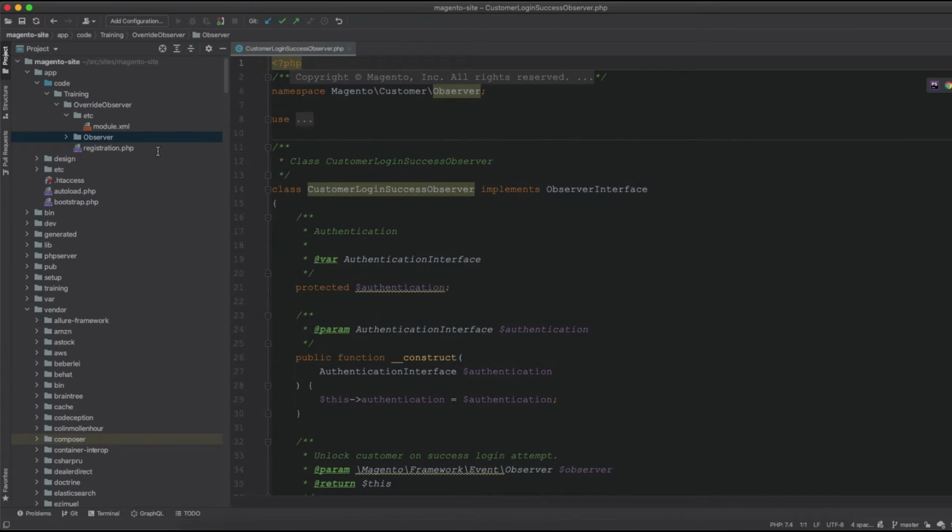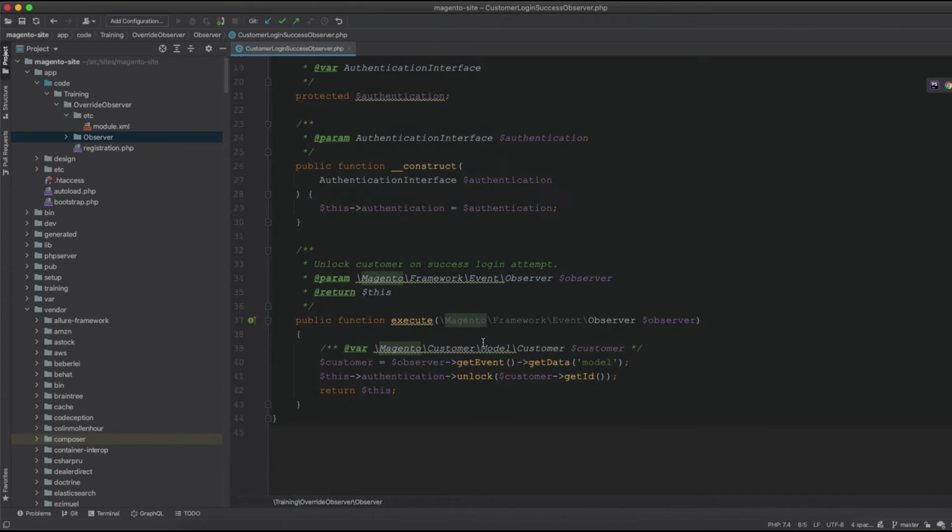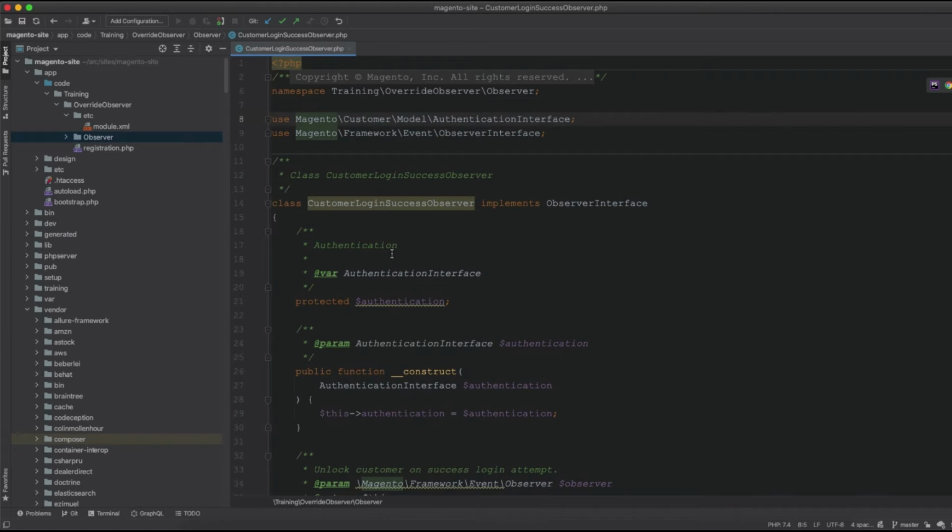The only thing I need to change here is the namespace, to Training\OverrideObserver. So hopefully, yeah, Training\OverrideObserver. I only changed the namespace, and that's our observer that we need to override. The other thing I need to do is